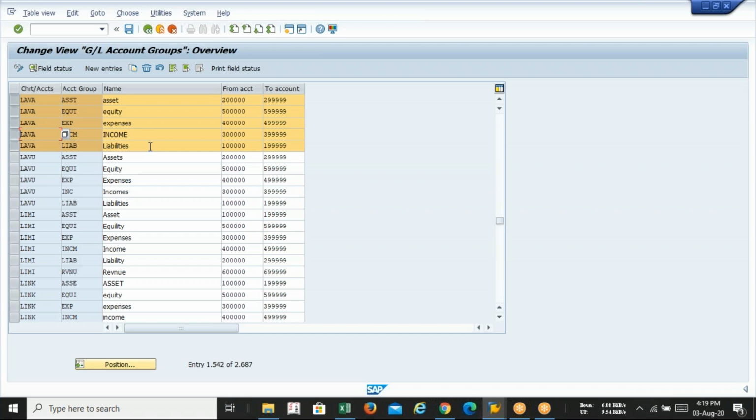The system just saves that. But at the time of document splitting, you have to redefine it again and reclassify all your number ranges as per asset, liability, income, expenses. I repeat, in document splitting configuration, you have to reclassify all these accounts groups as per their nature.